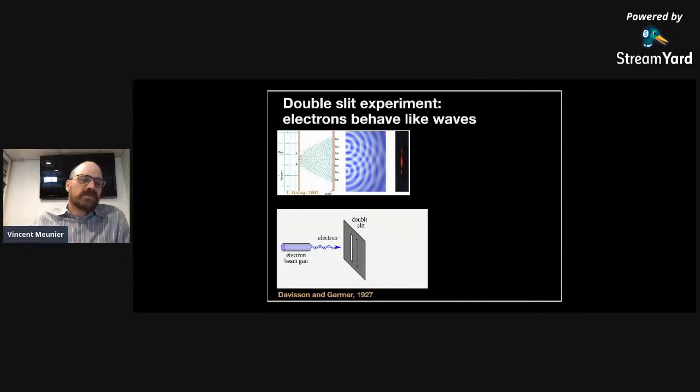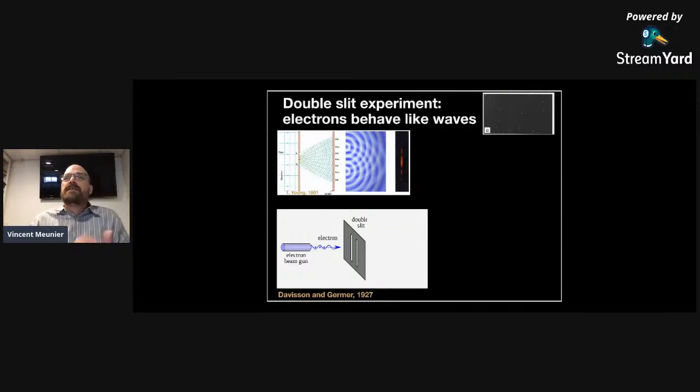And so what those experimentalists noticed is that if you put a plate behind the screen here, you start to see impacts of electrons. And in fact, at the beginning of the experiment where you have a low flow of electrons, you see what looks like a random distribution of impacts. So the impacts are the bright spots on the screen. And if you keep going and you increase the recording time, you see more of those.